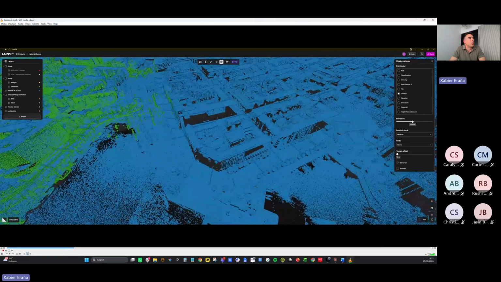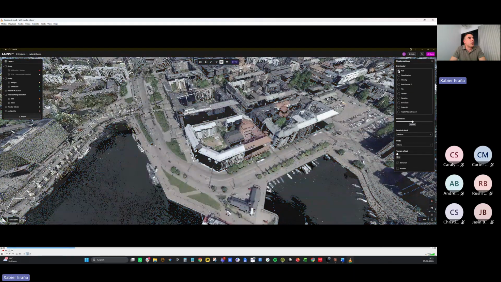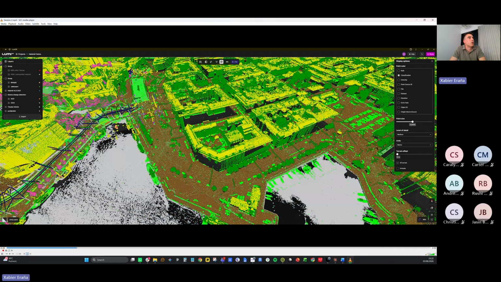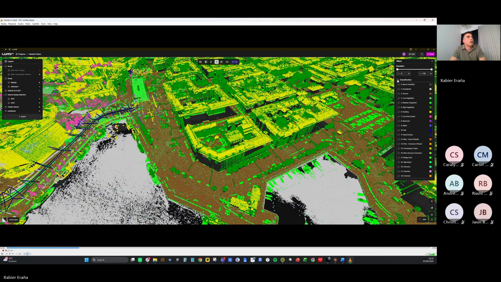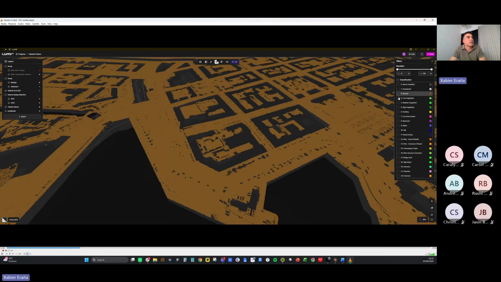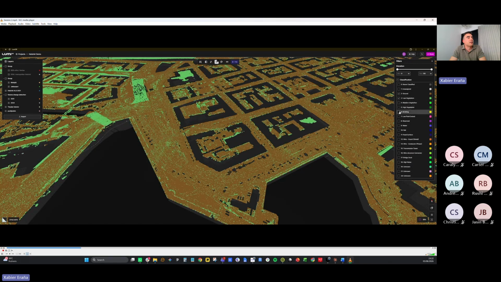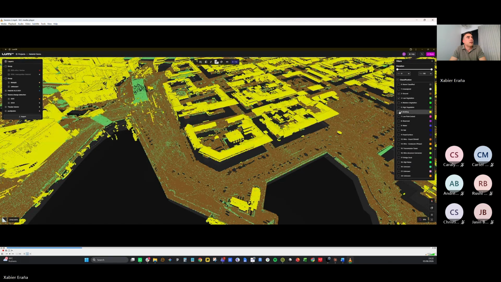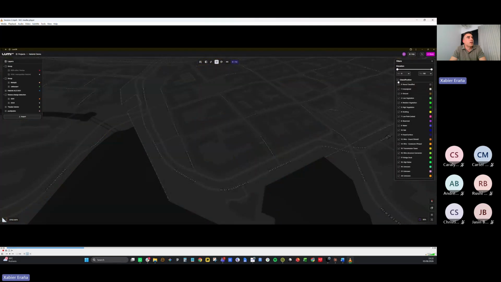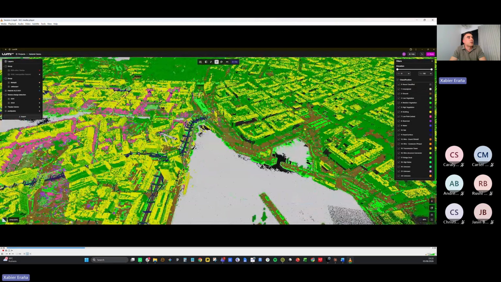I'm going to move a little more towards the city. There we can see the different attributes included in the data, from the RGB coloring, also the classification. We can see all the different classes that have been classified in TerraSolid's TerraScan. For this particular case, we can select anything we want.